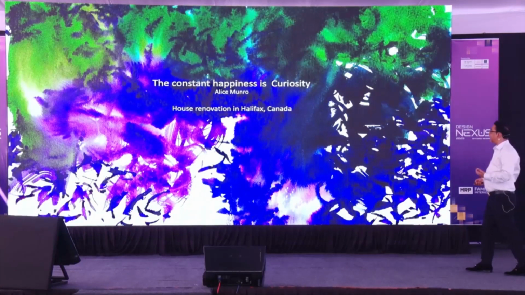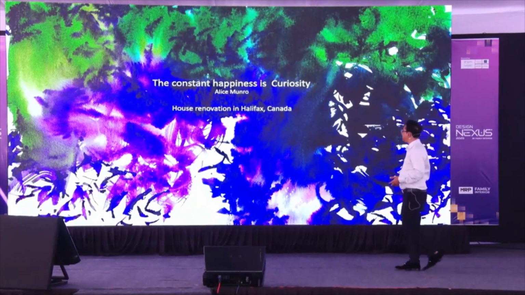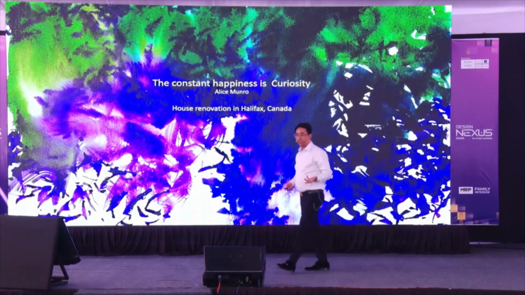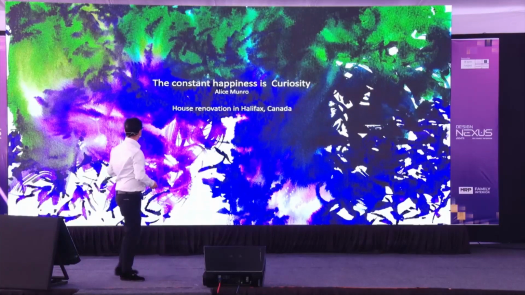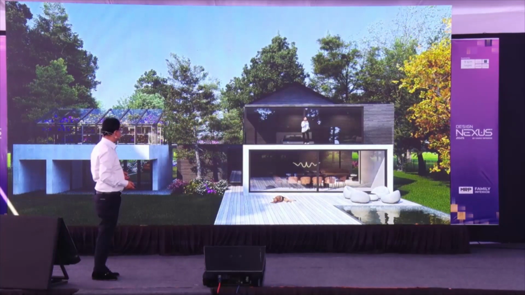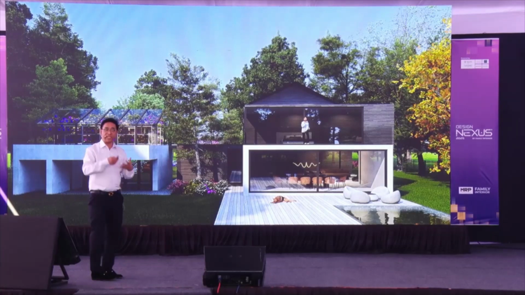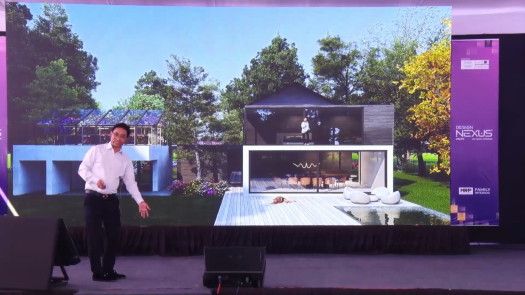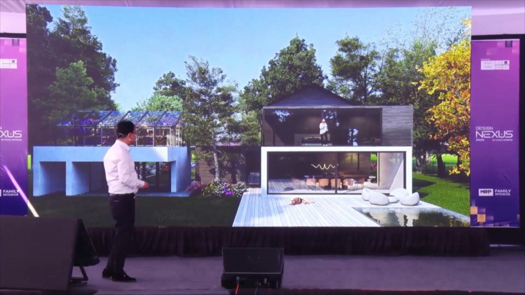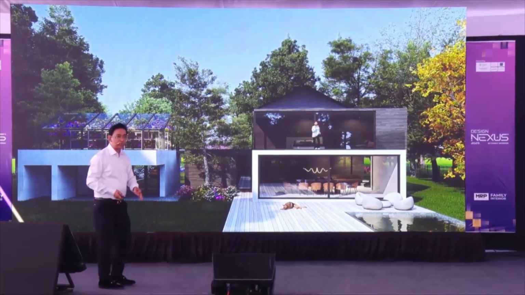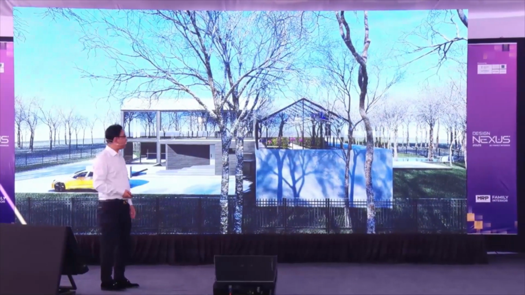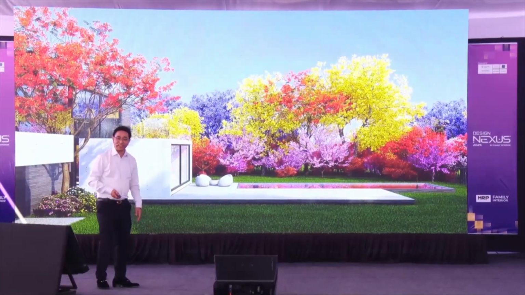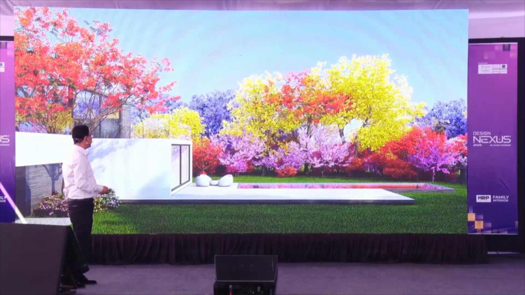And we went to Canada. The constant happiness is curiosity, as Alice Munro, who is a Nobel laureate, wrote. And we are actually very much curious. We have changes in the climate and temperature, going from 40 degrees to minus 20, 25 degrees. It's very interesting. In summer it's so beautiful. And in winter it's absolutely different. And in fall it turns extremely colorful.